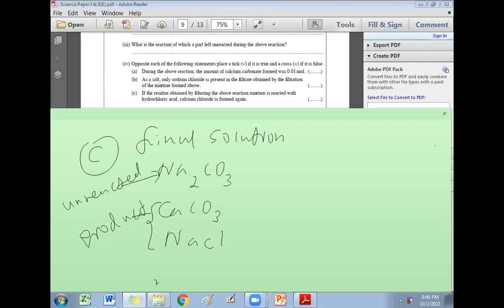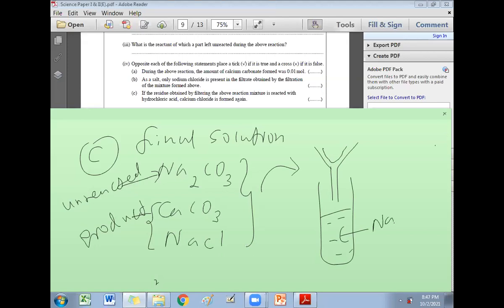Now what is the residue obtained after filtration? This is the residue. When you filter this, what is left? If you filter all these three, you have done filtration in grade 10, mixtures. This is the filtrate. You can make this solution form when you pass it through the filter paper. This is what is present here, sodium chloride, because it passes through.